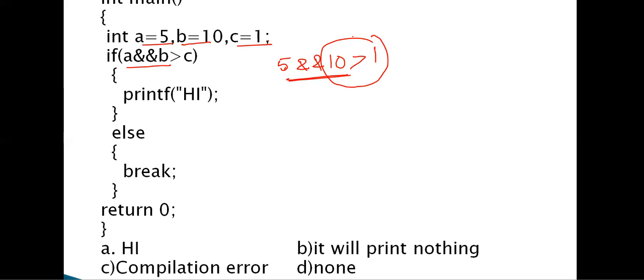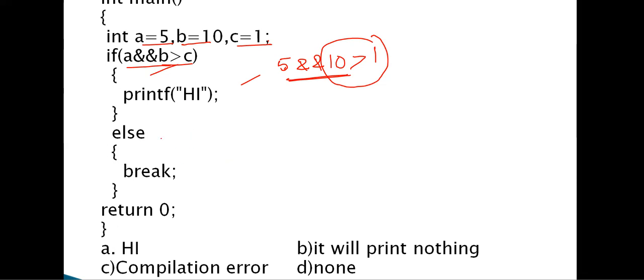So we have two types of operators, logical operator and relational operator. We have to remember the precedence of the operators. In the precedence of the operators, which one? Generally, the relational operator has higher precedence than the logical operator. That is the reason first 10 greater than 1 is evaluated. So we enter the condition. This is executed,